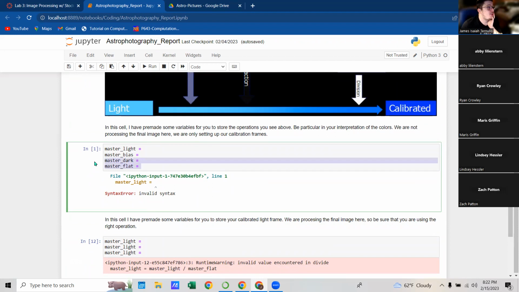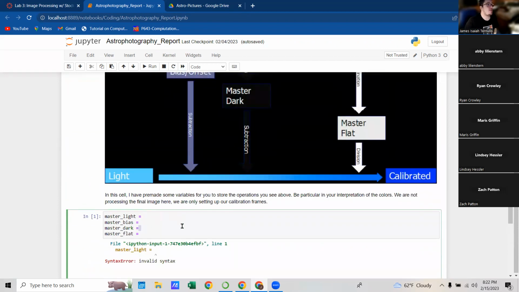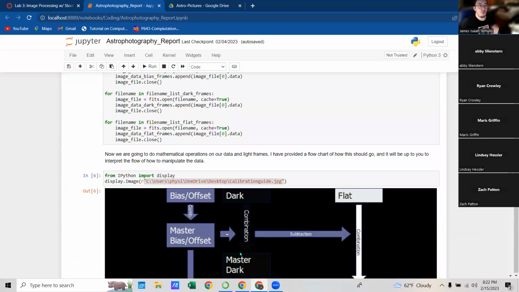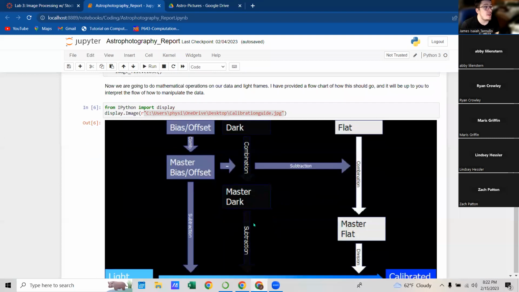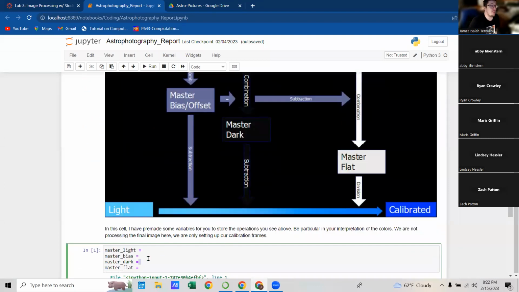For these last two, in order to create them, you're going to have to create a loop that goes through all of your dark frames and subtracts the master biases off of them. And then you combine the darks with the biases subtracted off and average it out to create a master dark. You do the same thing for the flat field. So essentially,